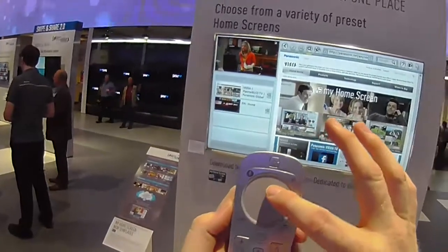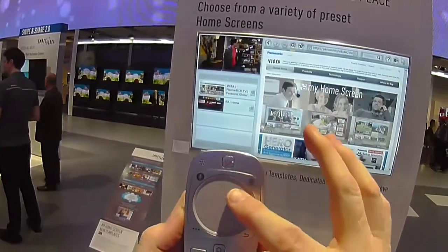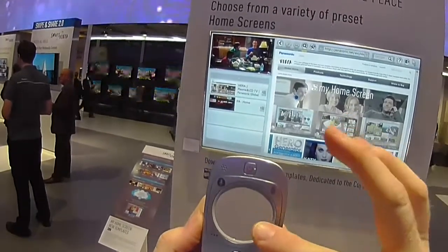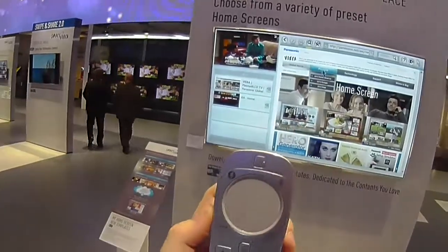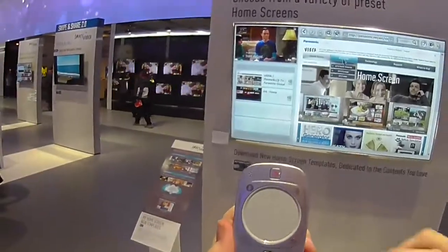And the touchpad remote control, much subtler, much easier. In fact, I'm holding it at this funny angle to show you on the screen, but when you're holding it normally, it's just like, you know, on your laptop, you'll have probably a little touchpad like this. And then if you want to click on something, so if I want to click on the product area of the Panasonic website, we've got this neat little clicker on the bottom here. And that doubles up as your